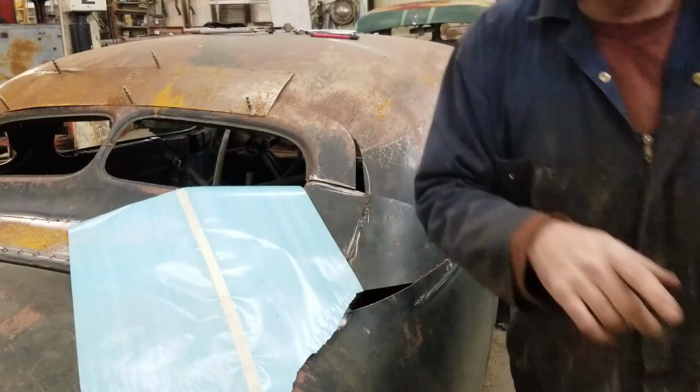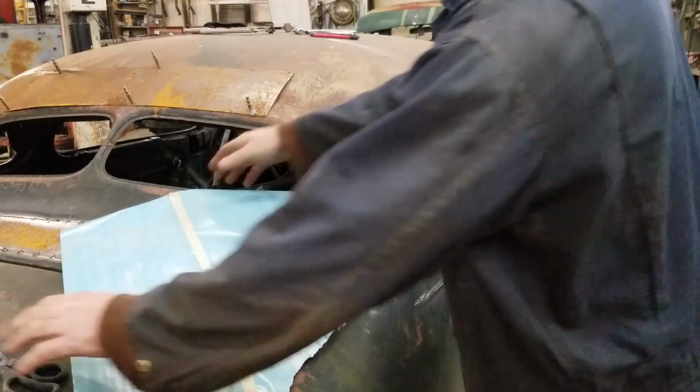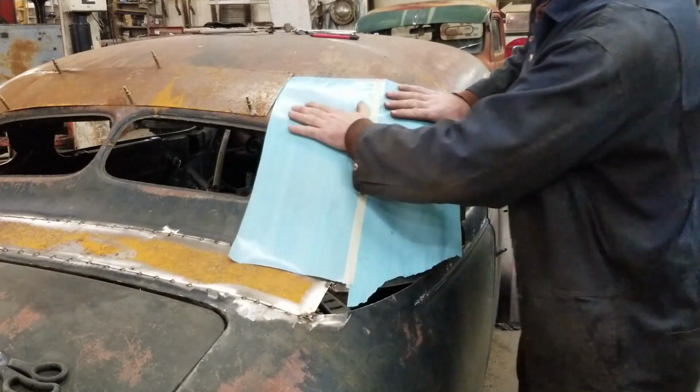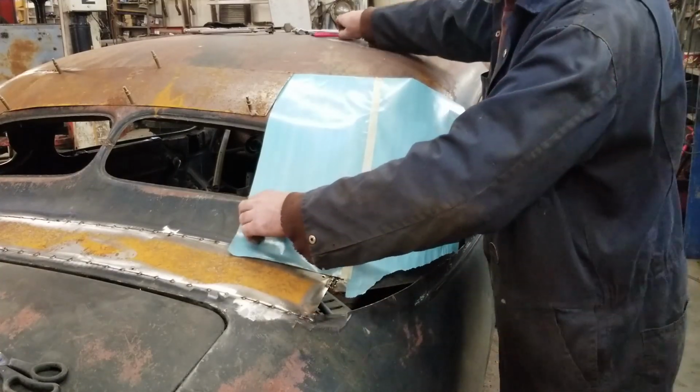I should get my scissors first. They're much more forgiving than steel. Open this up here. Kind of get around everything here. I know I don't need